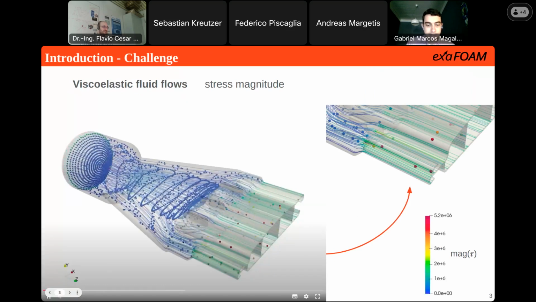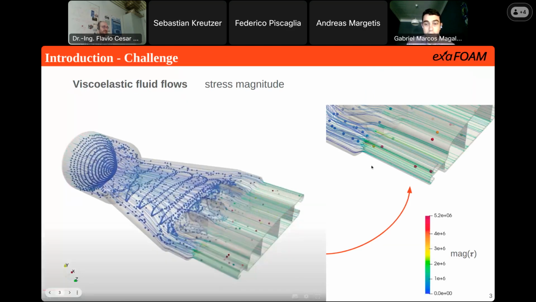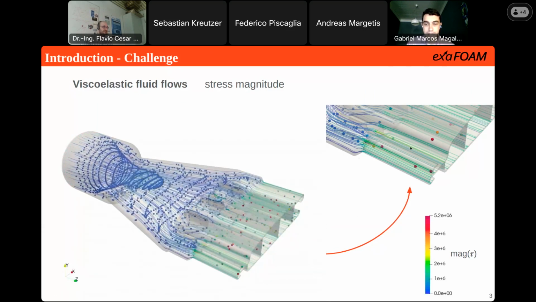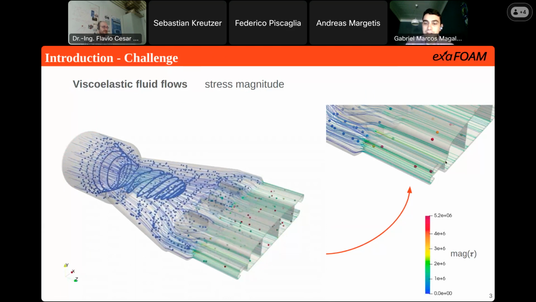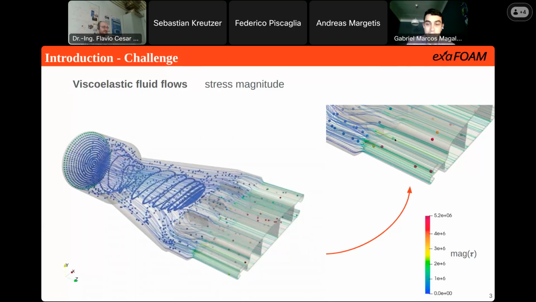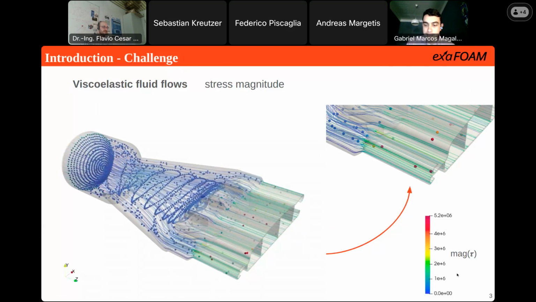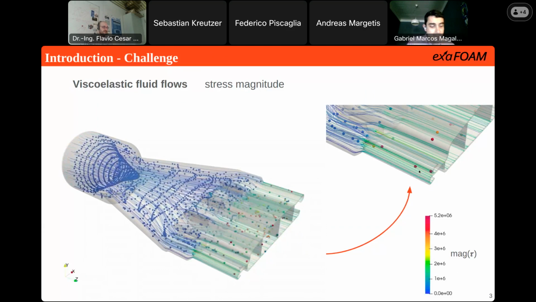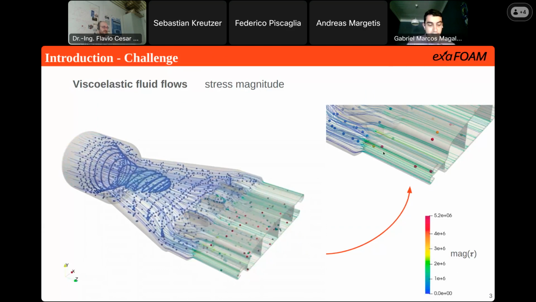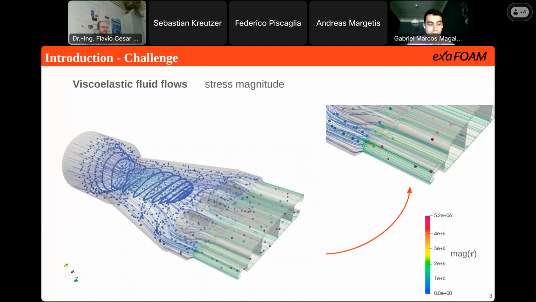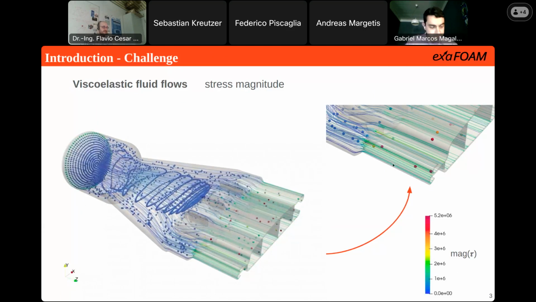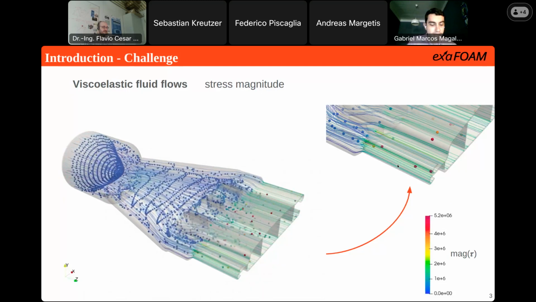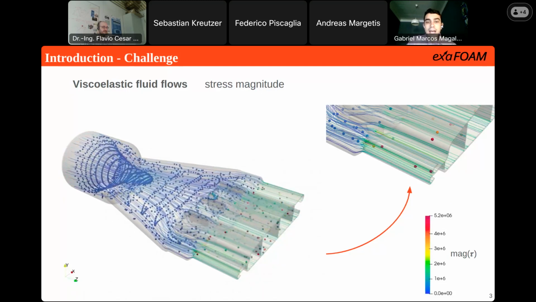But here in the final part, when the particles are passing through a convergence zone in the geometry, it's possible to observe that we have an increase in the values of the stress magnitude. This severe increase in the stress makes the calculation more demanding. And this is the scenario for industrial cases. We have